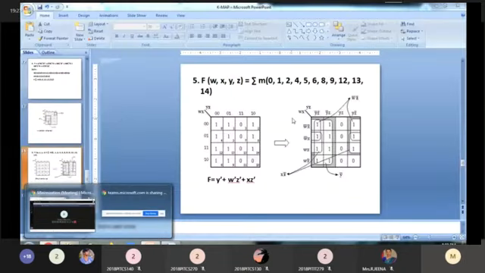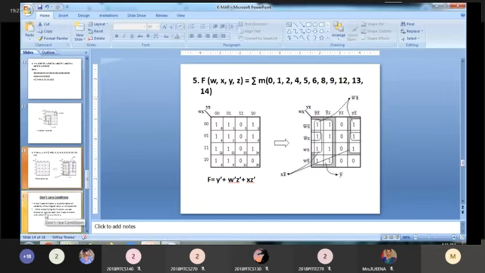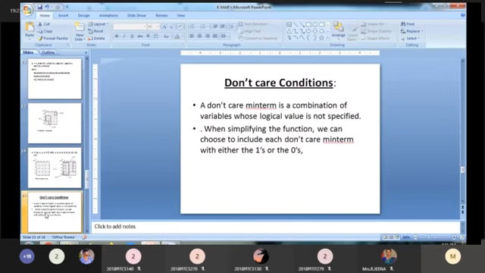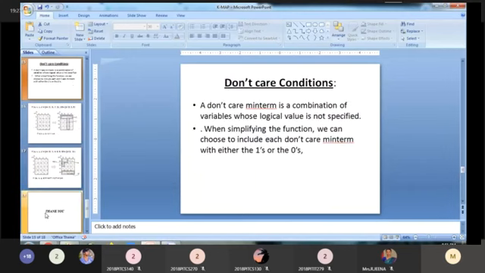Okay. Next also. This is a 4 variable K map. Okay. Directly they give the position. So first write the ones and group it. This is an octant group. Right. Then 2 quad groups are there. 1 octant group. Okay. Then you have to simplify the steps. Have you understood? Okay. Next one is don't care condition.